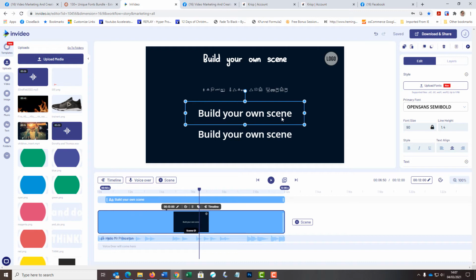Point here is that you can use any font that you have the right to use within InVideo now, and that's really quite important. So the next one,